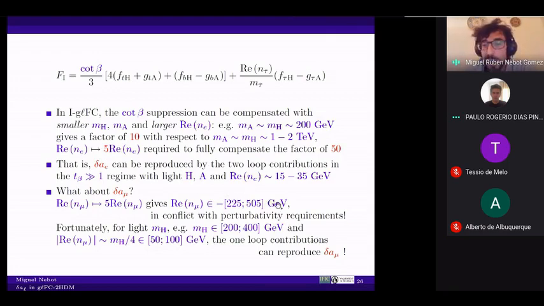So that might be something that you do not want to see. But as we have seen, one loop contributions were good for the muon. So this means that this large tan beta regime works fine for the electron. It would work fine for the muon if I had very large couplings, but in fact I do not need them because one loop is sufficient to get the muon. So in the end, I am also fine with large tan beta.